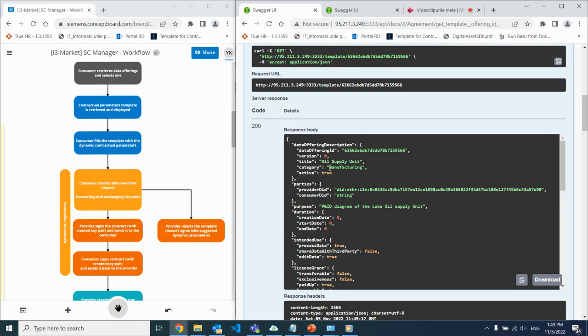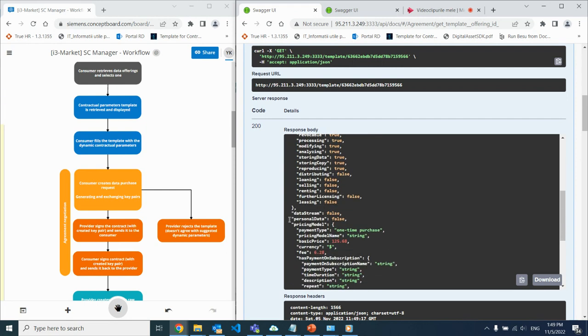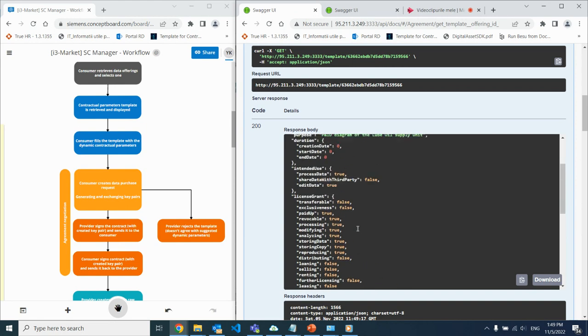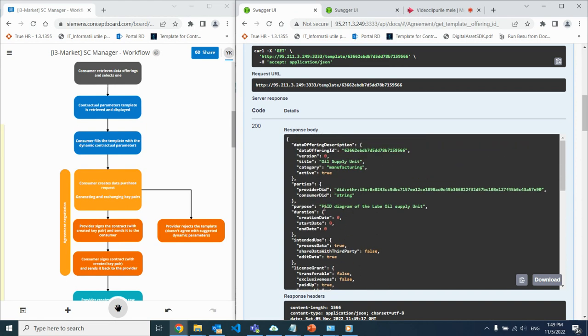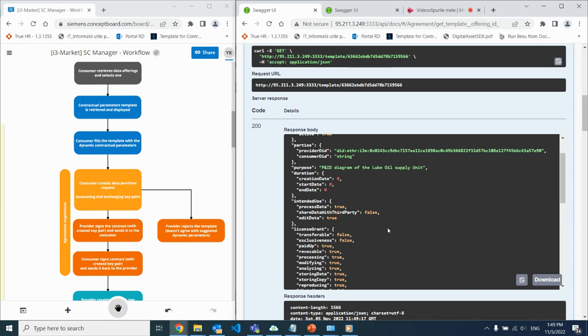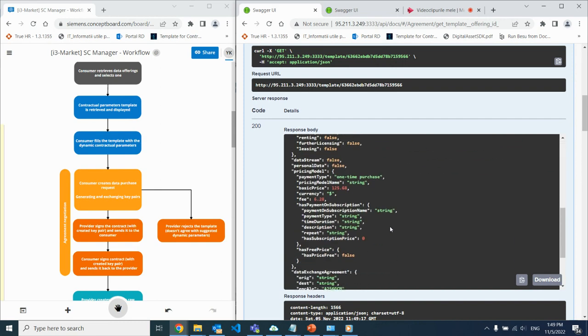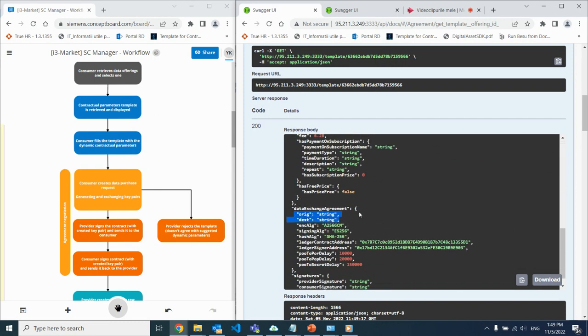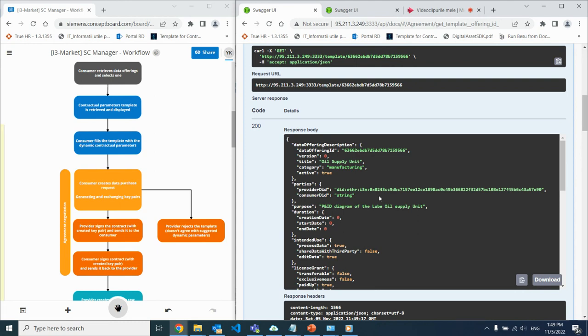So I executed the endpoint and I received the static parameters from the data offering, for example, the license grant, whether the data is streaming data or personal data, also the pricing model. But I received also the dynamic parameters, which are the creation date, the consumer DID, and also the public keys of the provider and consumer, which are here. And this will be filled in the negotiation part,